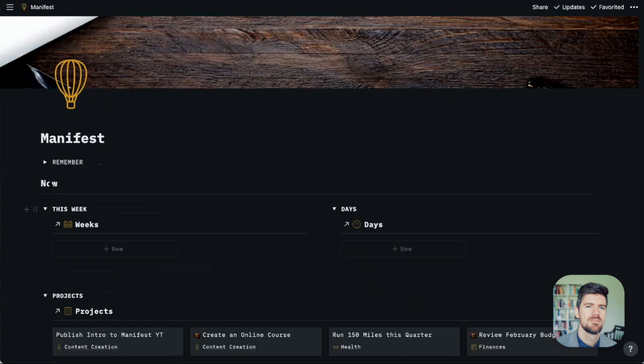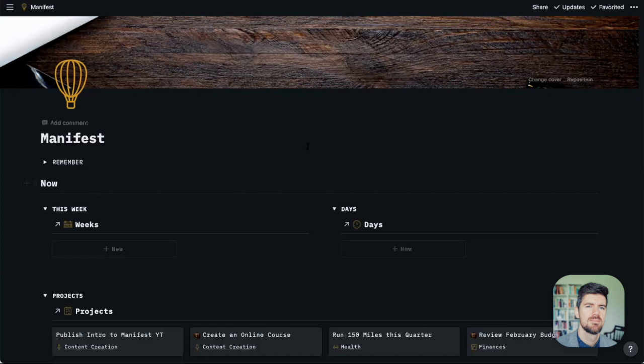So the first part of the workspace is the now space. This basically relates to two databases, a database for weeks. By the end of the year, you'll have 52 of these pages that have information on goals that you've set up for that week, some challenges, etc., and also relates to a days database.